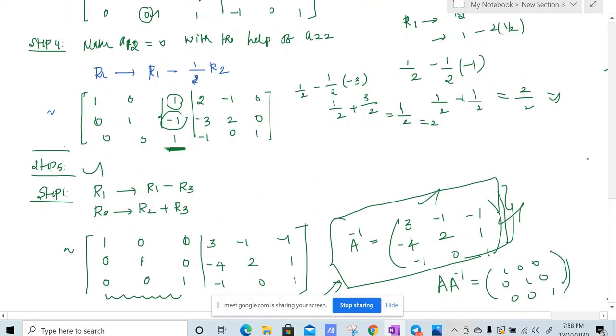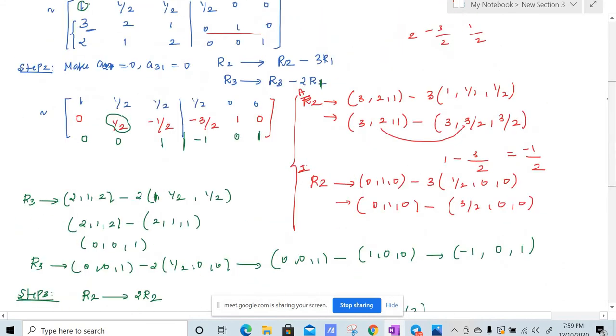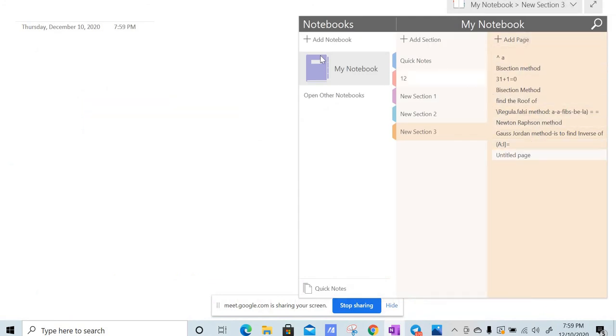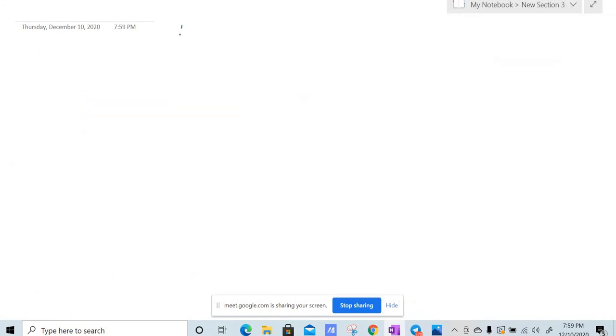So I'll move on to Gauss-Seidel method, right? So this is not very important, it's very elementary. So Gauss-Seidel method. So it is similar to Gauss elimination method. In Gauss elimination method, we need to find the unknowns x, y, z. Here also we are going to find the unknowns using Gauss-Seidel method, right? So straight away, very easy. So I'll do with one example.